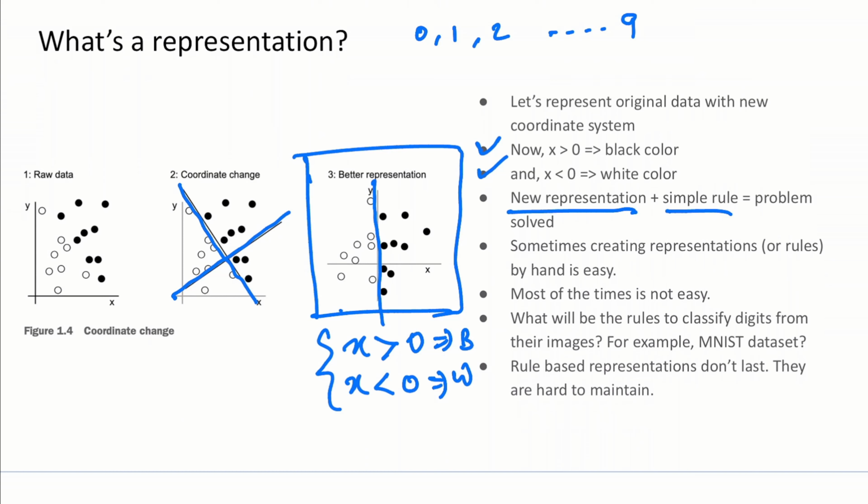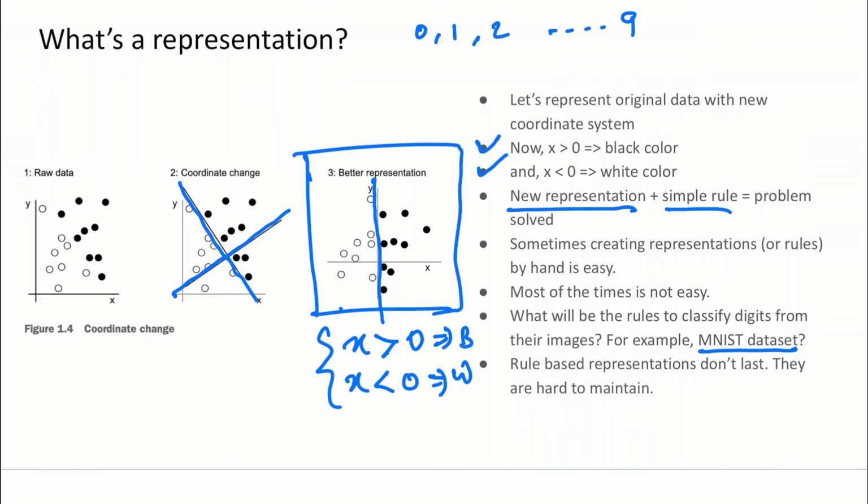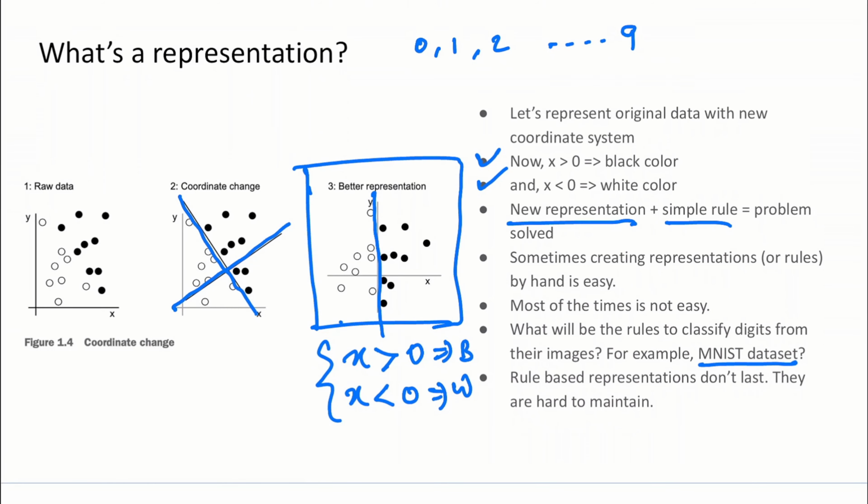This dataset is known as the MNIST dataset, which is a very popular dataset in machine learning. And rule-based representations don't last. Maybe you can make some rules, like how many times you see loops in numbers. You would have to make maybe thousands of rules, and based on these rules you can say what number a new image is, but maybe it's not going to perform very well.